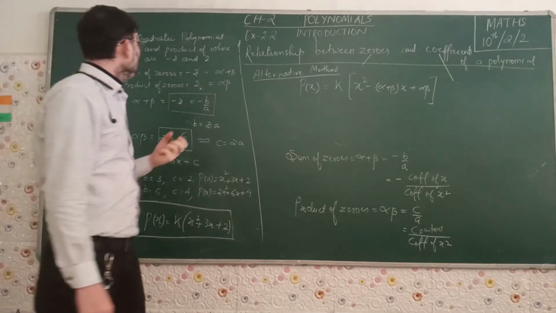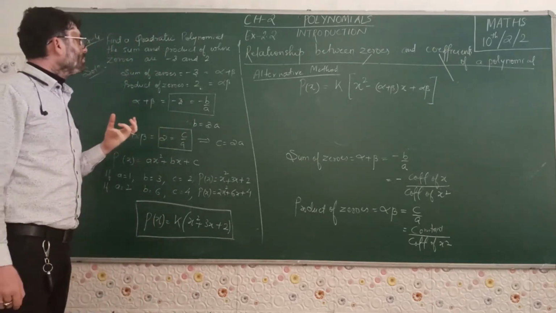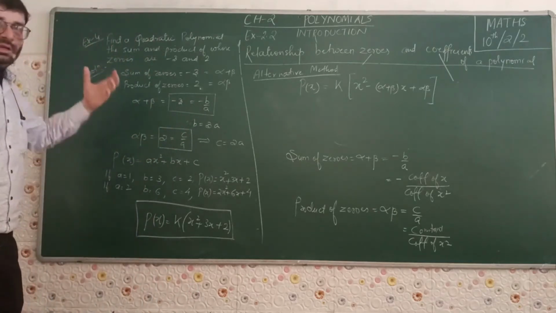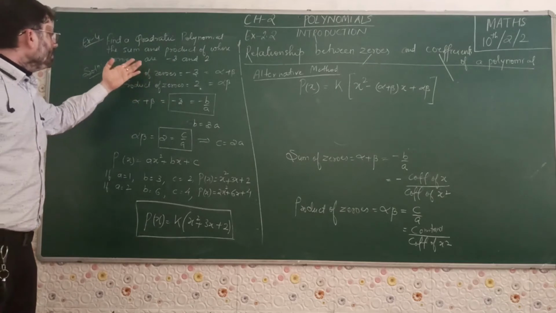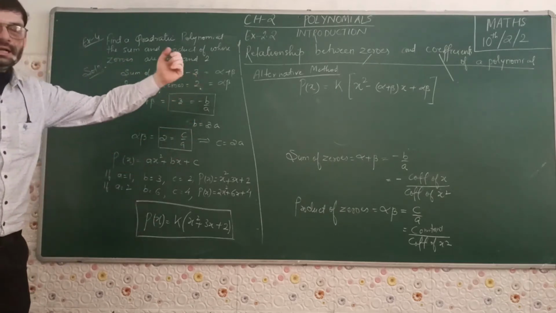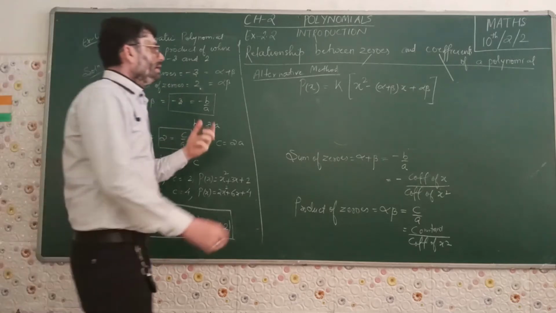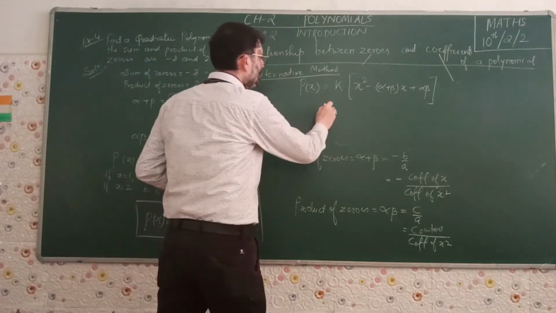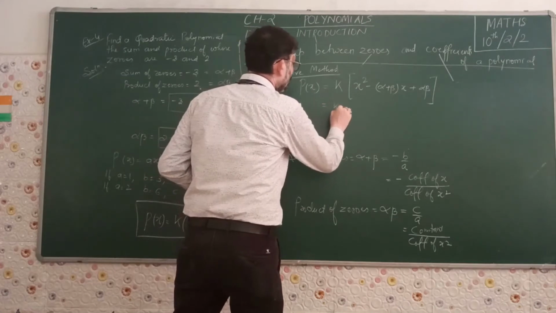Now, when sum of zeros and product of zeros are given to us, let us try that with the same example. Are we getting the same polynomial with an alternative method? Let us move on. Here, the required polynomial is p of x, and that is equal to a times